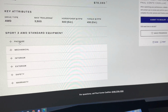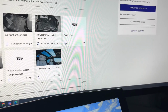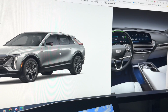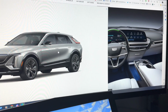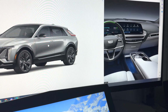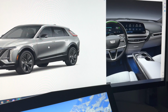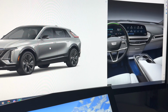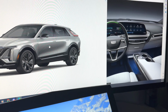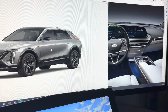And here it is. So this is what it is. And all I have to do now is just push submit to the dealer. So that right there is my build, and that's what it looks like. So you can tell me what you think. And regardless of what you think at this point, I'm committed to this path. I'm buying one of these things. I want to suck down that $5,000 personal rebate, and I also want to suck down that $7,500 rebate. So if you factor in both of those,